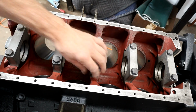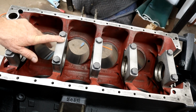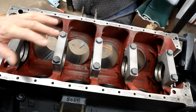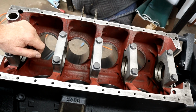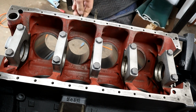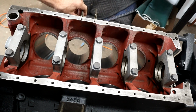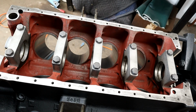You can see they cleaned everything very well, and this obviously will get another couple of cleans. So I'll wash the whole block down, make sure any possible debris from the machine shop is out of there, and then I'll give the bare surfaces a wipe down with WD-40 so it doesn't flash rust or anything,